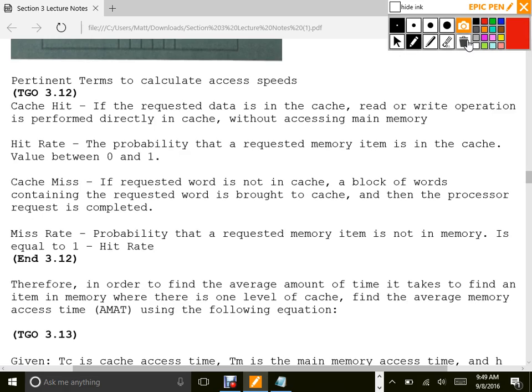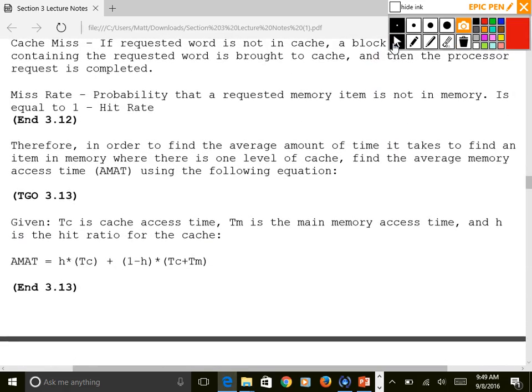So ultimately, we have to worry about cache hits, hit rate, cache miss, and then miss rate. For a level 1 cache hit, the average memory access time, given that the actual time it takes to access the cache if we get a hit is TC, and TM is main memory access time. So here we have one level of cache. And as we build level 1, level 2, level 3, we're going to get to what you were alluding to in your answer. Average memory access time is the hit rate